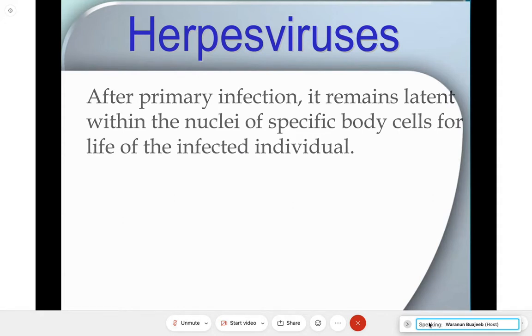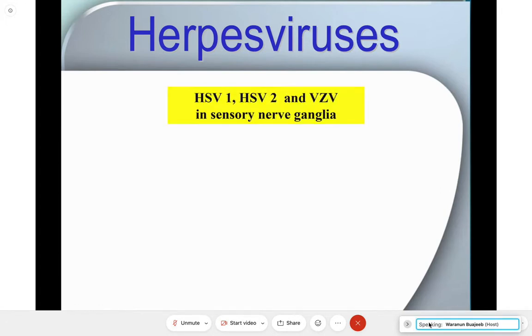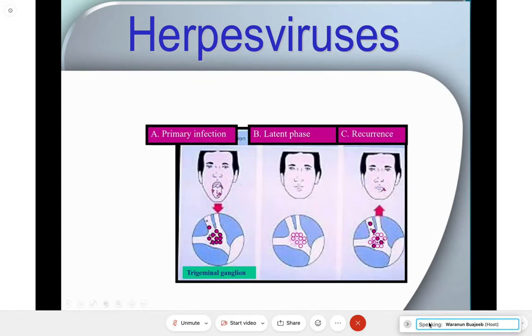Because the varicella zoster virus and herpes simplex virus can be in sensory ganglia, if infected in the oral cavity, the virus can be latent in the trigeminal ganglia. This is the same for both herpes simplex virus and varicella zoster virus because they are both herpes viruses. In the latent phase, the patients don't have any lesions at all, but with the